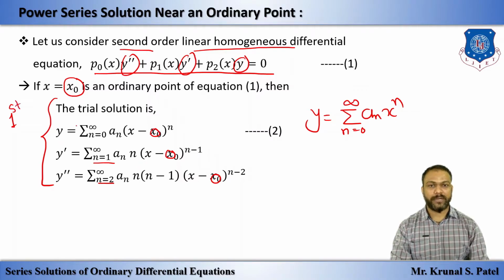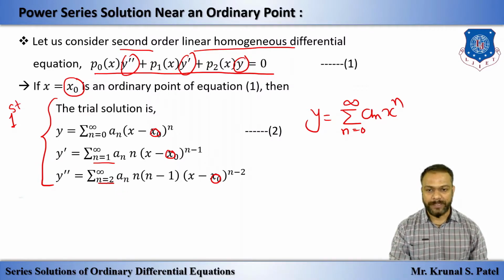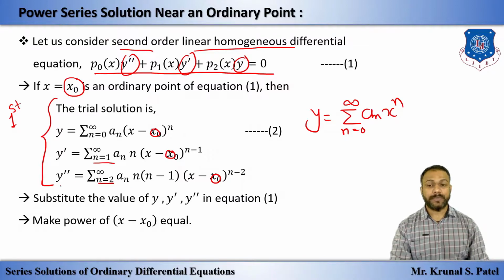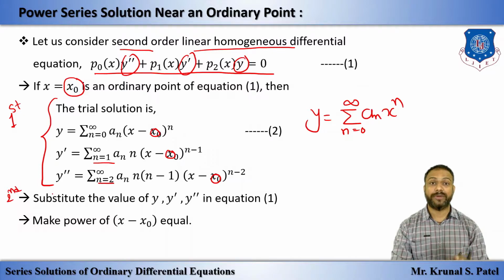That is, first step, write down the trial solution. Second step, we have to just put these values of y dash and y double dash in equation number 1, that is, substitute the values of y dash and y double dash in equation 1. We have to just remember 5 to 6 steps. So first step, write down the trial solution. Second step, substitute all these values in equation number 1. Third step, we have to just simplify. And fourth step,